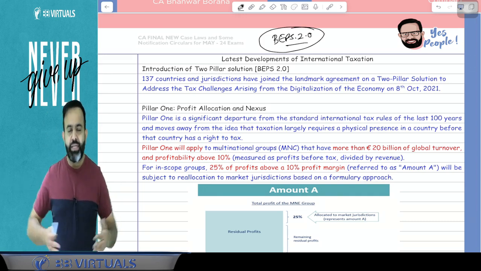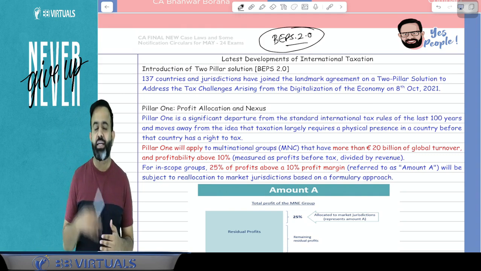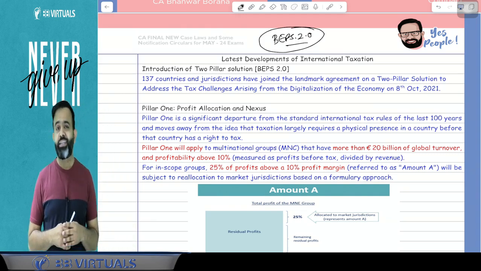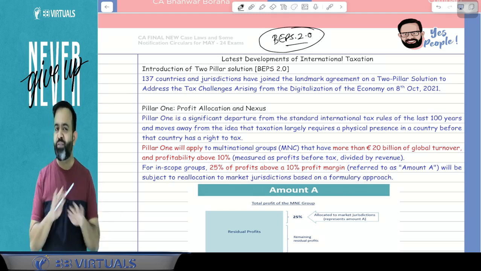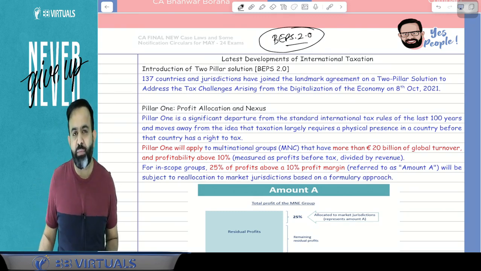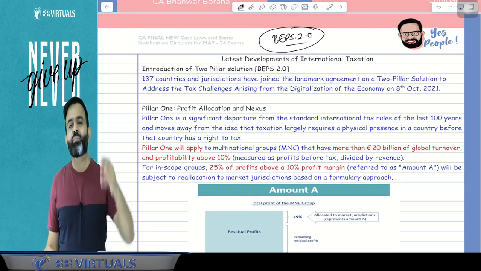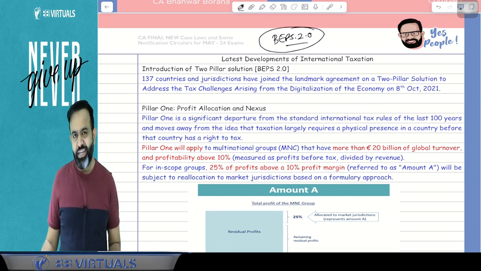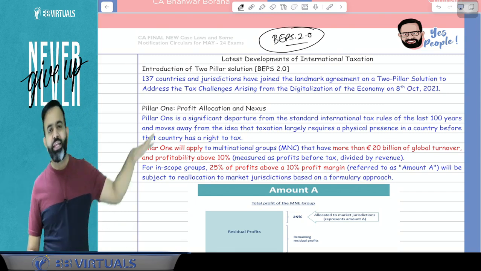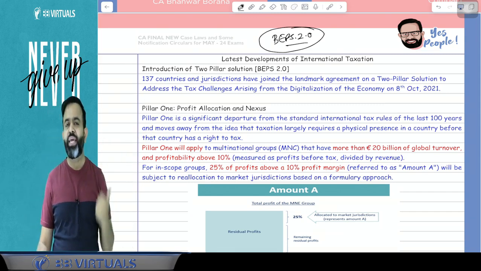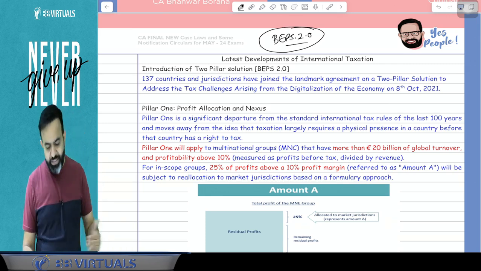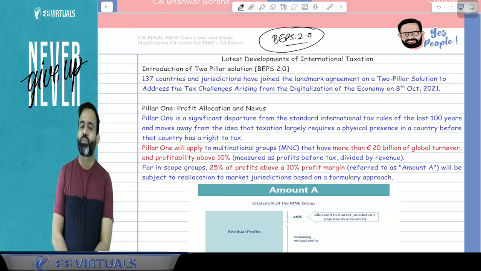Now guys, after BEPS 1.0, there were various companies that used to evade the tax. They used to shift the profit to countries where the tax rate is very low, or you can say tax haven countries, and overall their tax burden is very low. Now there are various companies doing business digitally, for example Facebook, Google, Twitter and others. They are earning income from various countries in the world, but they are not paying tax in those countries. So to mitigate that defect, they have introduced the concept called BEPS 2.0.